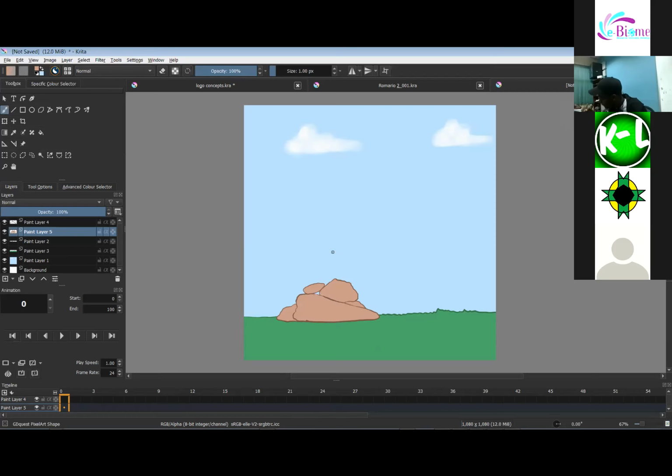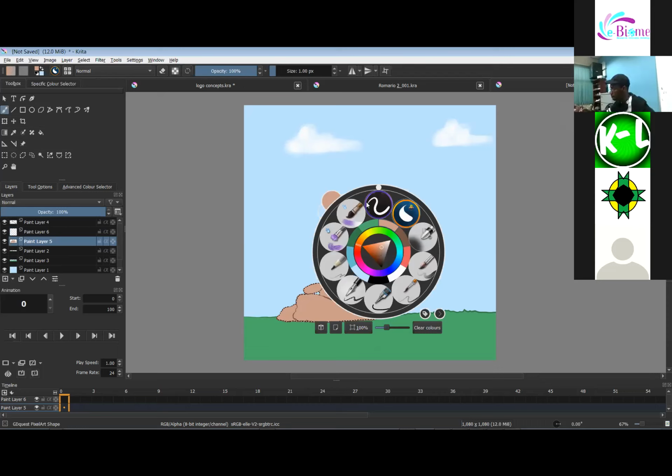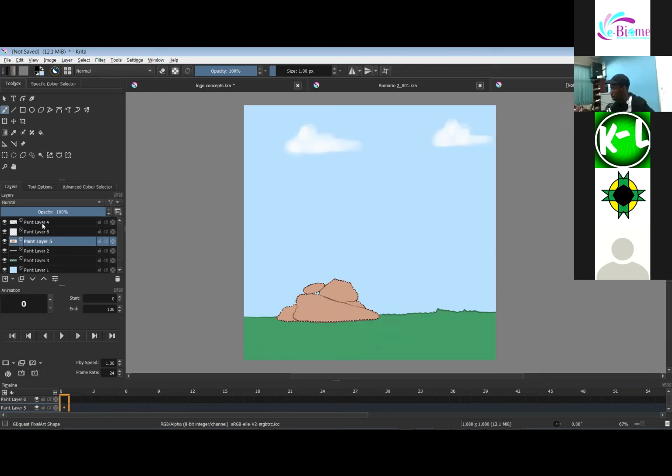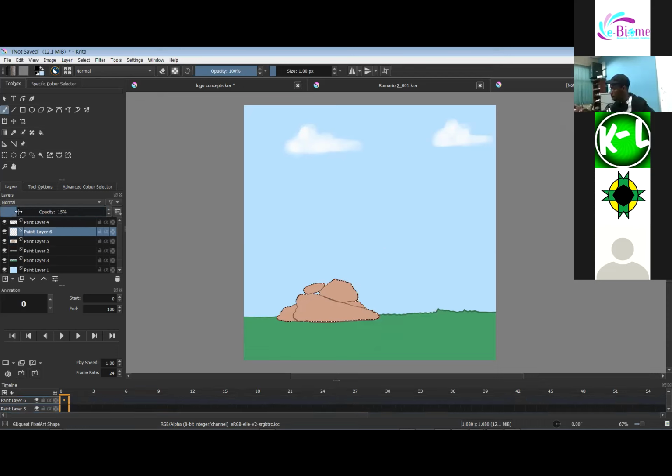Right. And just to make this a little bit more interesting, I'm going to add a few shadows to it. I can take black and make it not as opaque, and then just do a little bit of